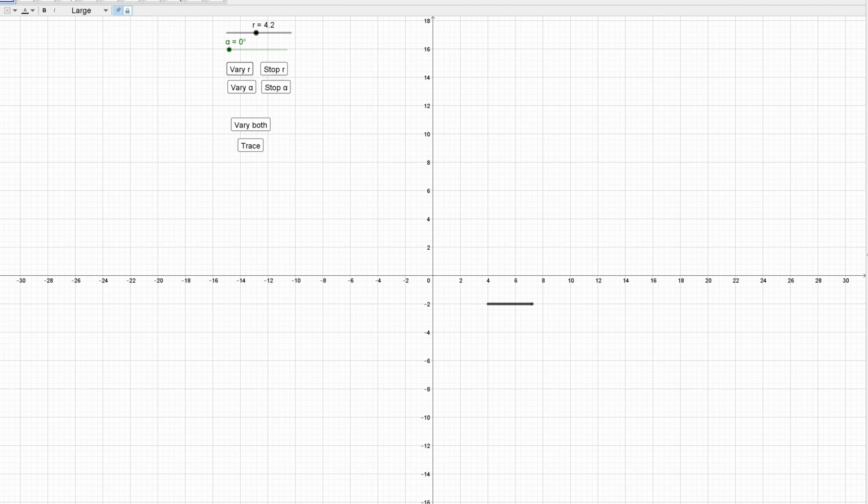So as I vary r, but theta is a value of 0, this is my parametric equation. So I'll take r back to where it was. I'll change my value of theta and again vary r. And you can see that what it looks like I'm getting drawn is just a line running out along the radius at a particular angular displacement. Now if I can clear both of those,